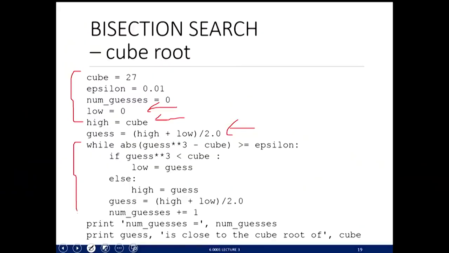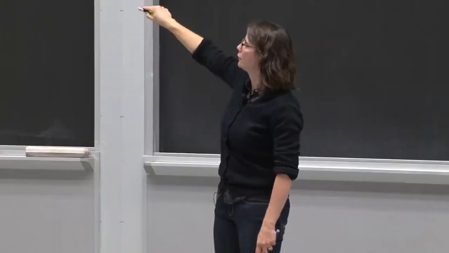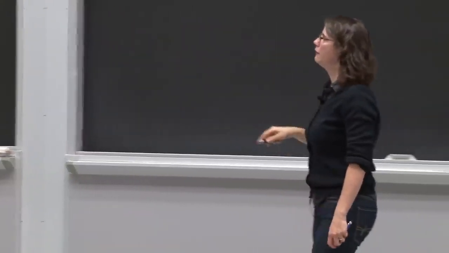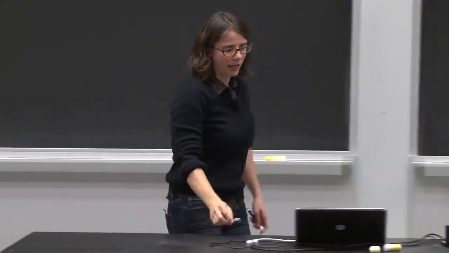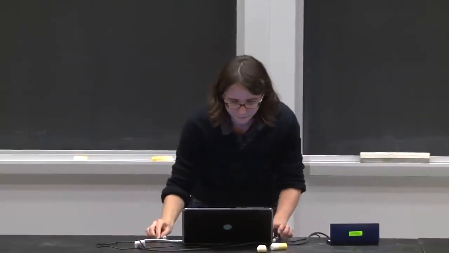Then I have this while loop here. The while loop is similar to the approximation method: as long as I don't have a guess that's good enough, depicted by this greater than or equal to epsilon, I'm going to keep guessing. That's what this while loop is saying. So if the guess to the power of 3 minus cube is not good enough, keep guessing. And the way I keep guessing is